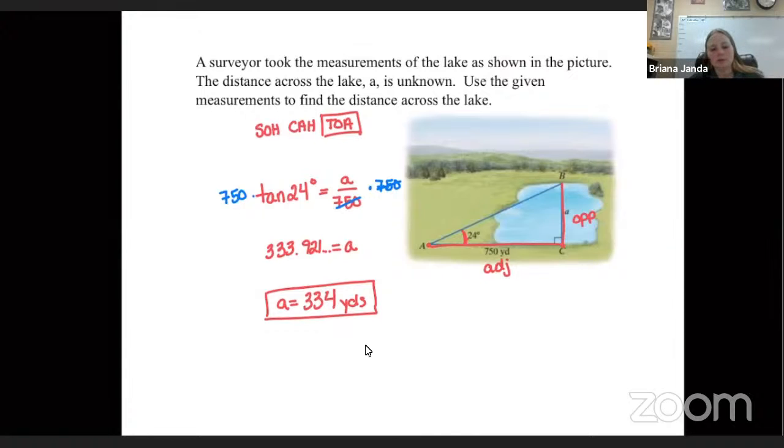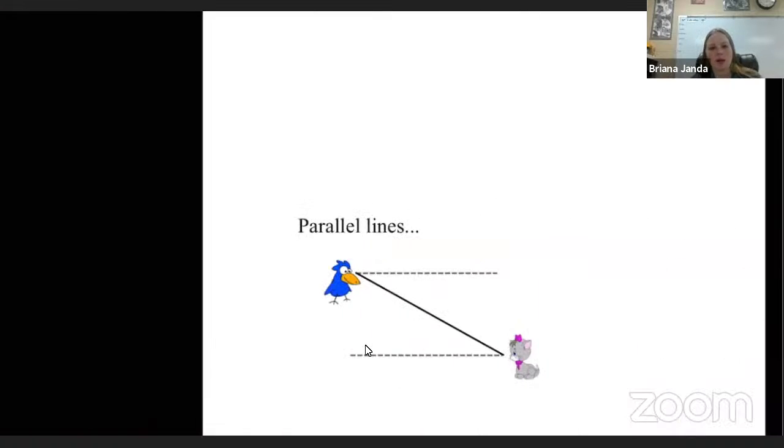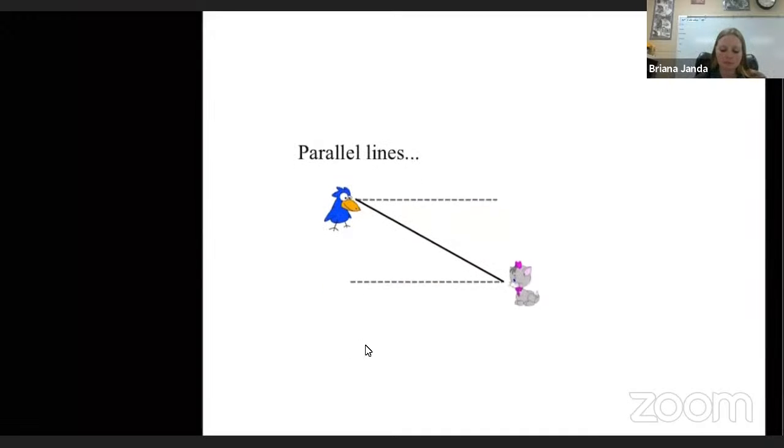Okay, we do have another example here to talk about that involves an angle of depression problem. But before we get into our angle of depression, I want to have a conversation about giving you options to create an angle of depression picture. And so one of those things is a little bit of a trip back to geometry when we dealt with